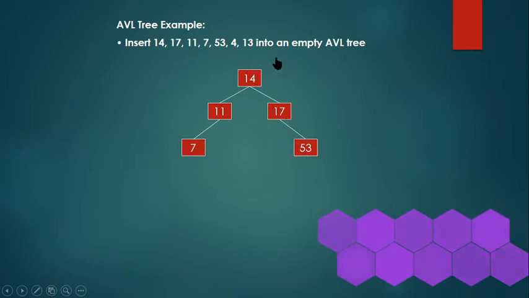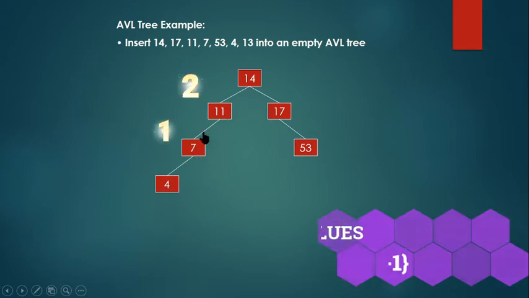So 2 minus 2, 0. Now we go for 4. Less than 14, less than 11, less than 7, it falls to the left side of 7. Now look here, it is 0, and here 1 minus 0, 1, and here 2 minus 0, we get 2. So this node is not a proper balanced tree structure. That means below this 7, 4, 11, all three together, it is not a balanced tree structure.